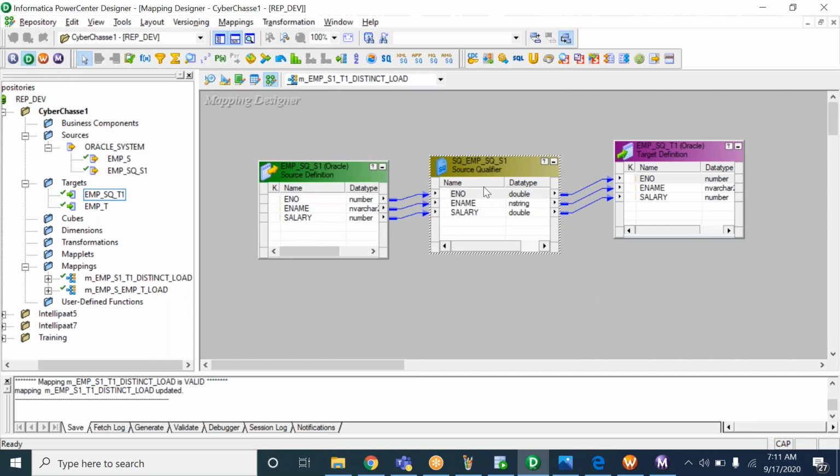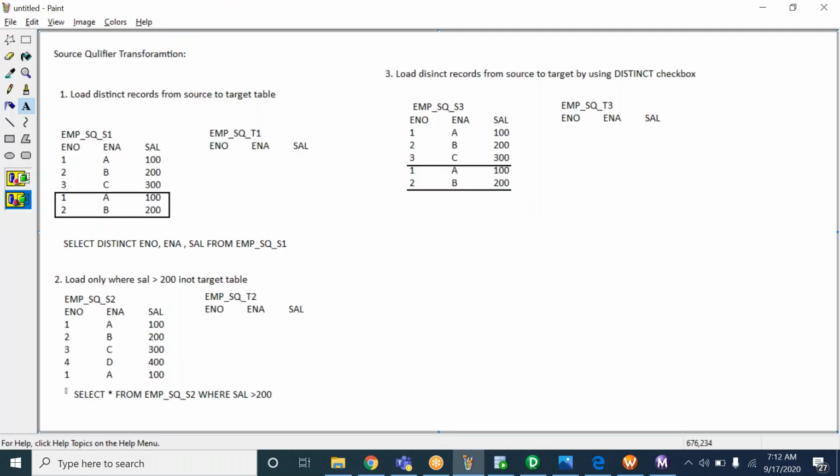Even though there is no query, since we have selected the Select Distinct property, the reader, while executing, will automatically write a query and select only distinct records from the source table and load them into the target table. So in the third example, don't write the query inside the source qualifier.